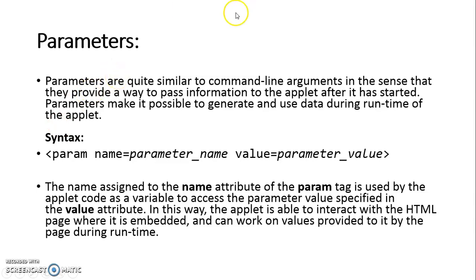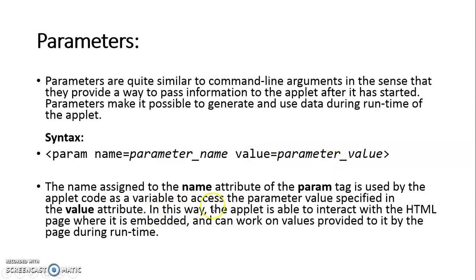Next, we will see what are the parameters. Parameters are quite similar to command line arguments in the sense that they provide a way to pass information to the applet after it has started. Parameters make it possible to generate and use data during the runtime of the applet. What is the syntax? Here param name. You specify the name of the parameter which we are going to use and the value of the parameter.